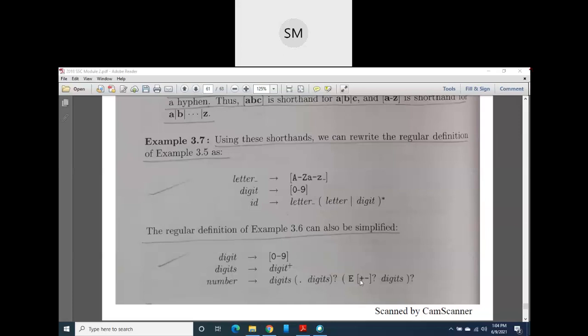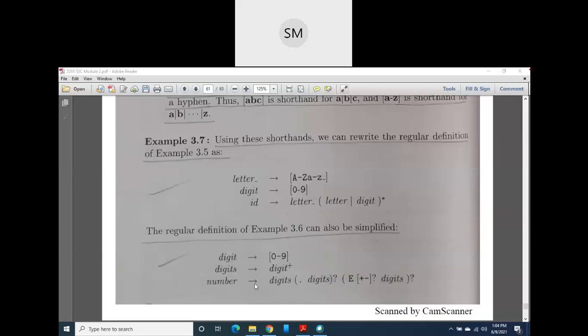And it is not compulsory. Plus should be there, minus should be there, right? So these plus and minus are optional there. It may be present or may not be present. So 0 or 1. So I used a question mark here. Then followed by digits. And for this whole exponential, the question mark means it may be present, it may not be present. Exponential, 0 or 1. Fraction, 0 or 1. Okay, and here compulsorily a digit.